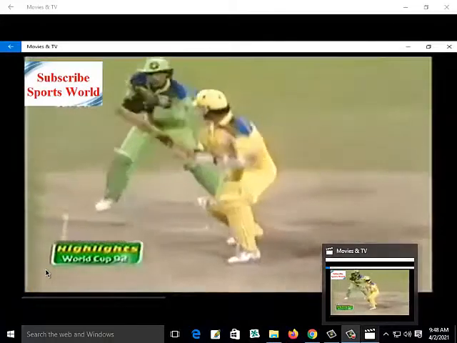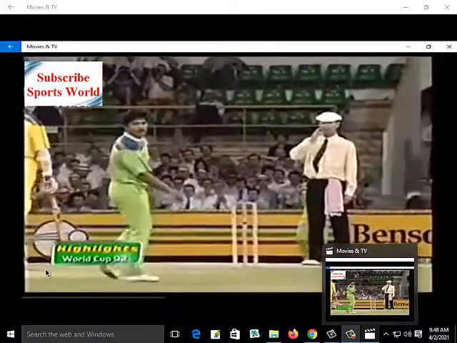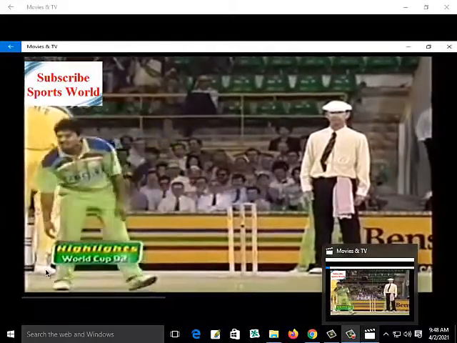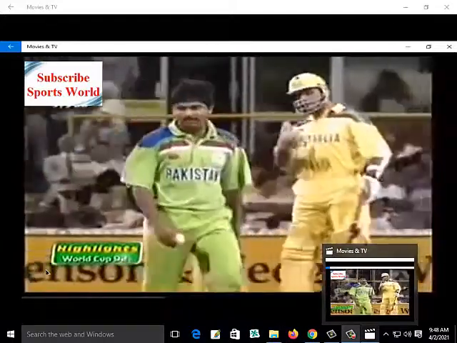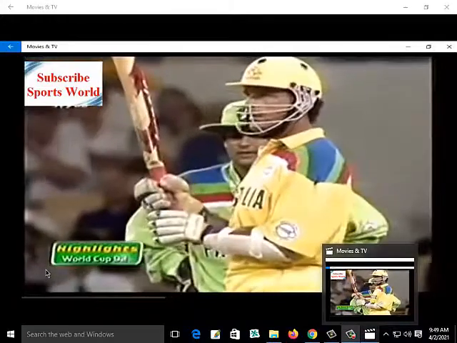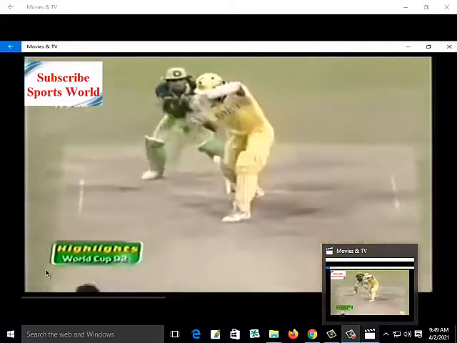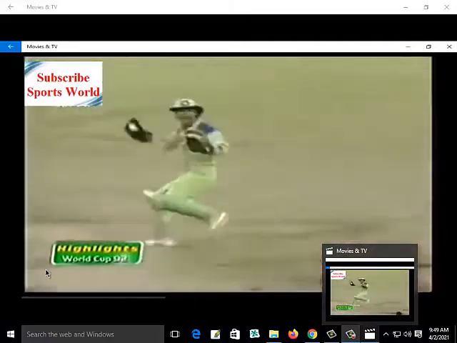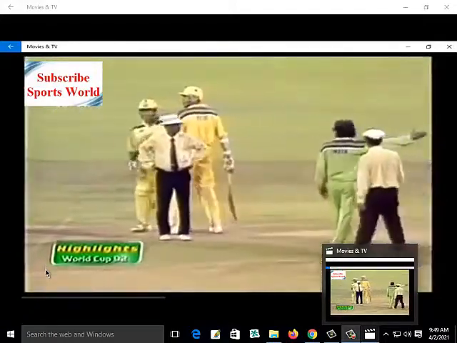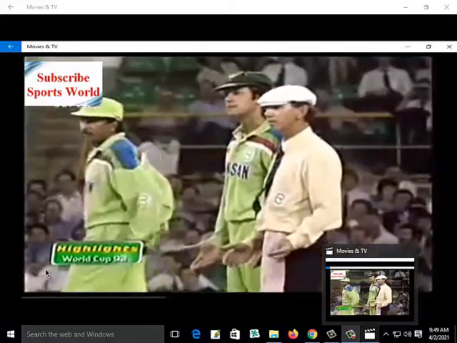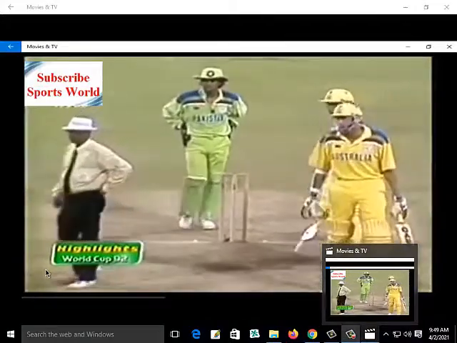Michael Whitney on strike. Big shout, could be out. Wow, that sounded like a noise. It really did sound like wood there. Whitney rightfully stands his ground, but you can't believe that, Mushtaq. That spun, and it sounded like wood all the way, but not out. It looks a little bit as though the only person on the ground who's not sure about this being out is Carl Liebenberg, and he's exercised his right. Oh, there's a bit of altercation here. And it's the over called, is it? The umpire going out to the cap. There's a few words being said between Whitney and the wicketkeeper. It's all happening. It's not very pleasant, unfortunately.